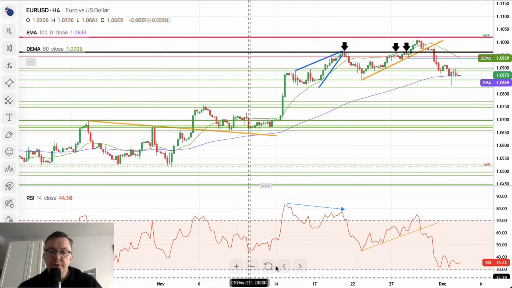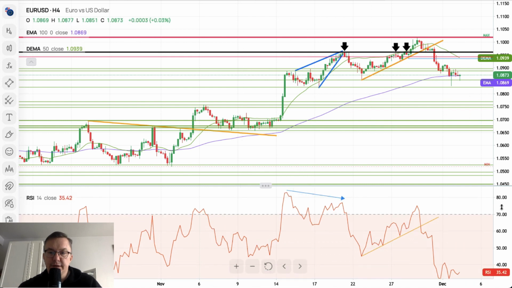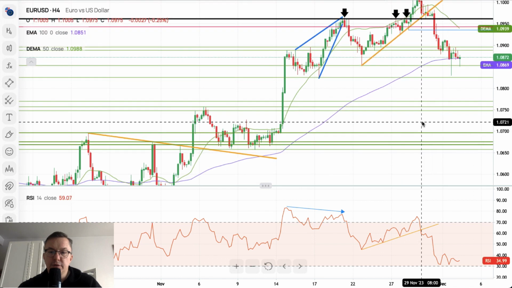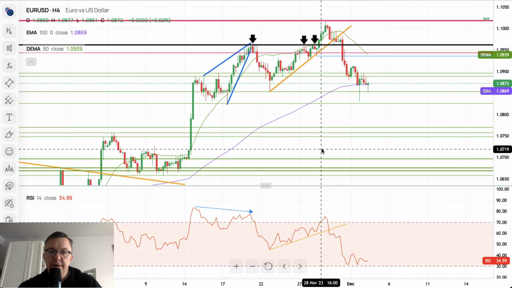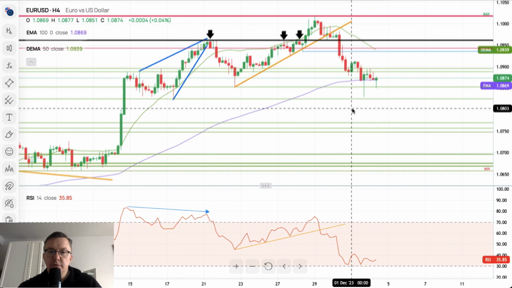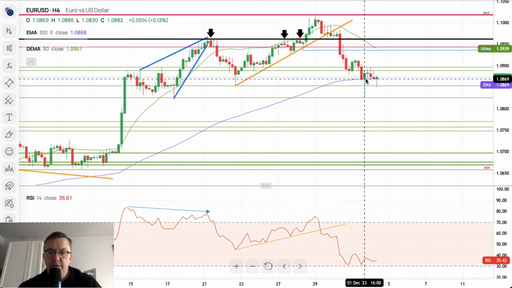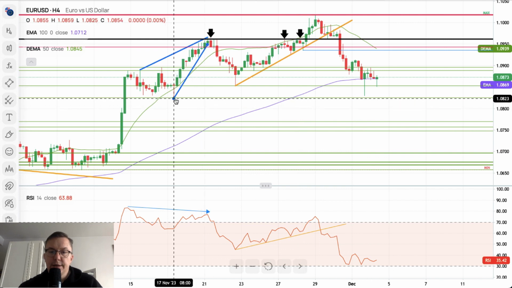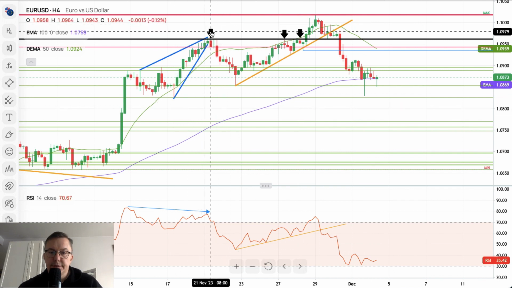Because there's plenty of comments and remarks from the Eurozone officials, let's take a look at the euro dollar. What we see here is something that we expected already. We got the situation when the euro dollar is moving lower. Let me just zoom in a little bit. There you go. Euro dollar is moving lower. The local low was made at the level of 1.0830, just at the key intraday technical support.